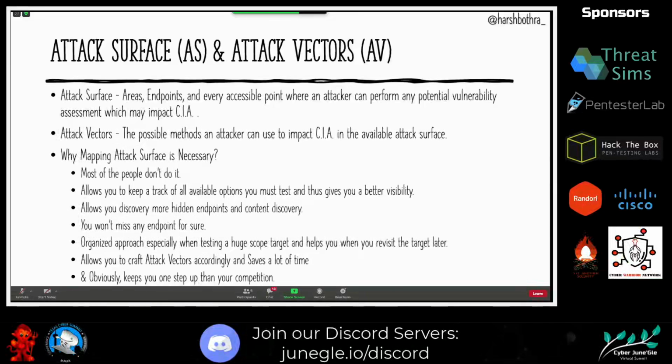This talks about integrity. And then availability is, can I do something like delete some services or cause a denial of service, which ultimately leads the valid, legitimate user to have the service inaccessible for quite some time or for a permanent time, depends. Okay, so based on these three factors, we define the impact. And the attack surface is any place where an attacker can go and try to hit the target. Okay, so when we talk about attack vectors, it's the possible methods an attacker can use to impact the CIA